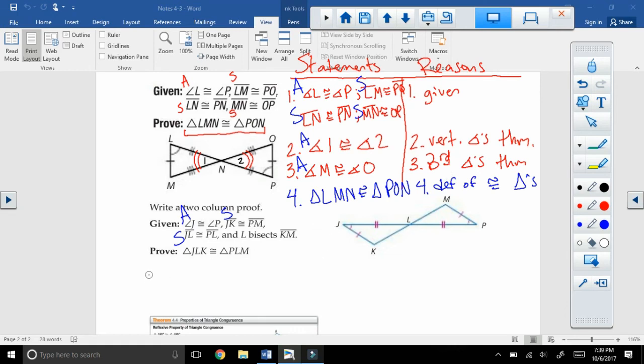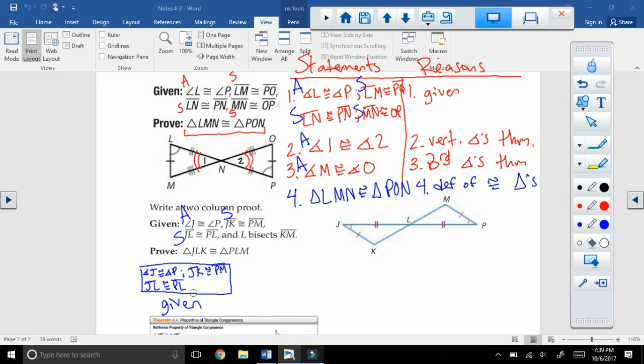So for the flow proof, what you do is you put the statements in boxes and you put the reasons underneath. And then you can draw arrows to show the flow of the proof. So I am going to try to write small enough to squeeze all of this in here. And you can go ahead and copy it down, we have the different sides and the different angles that are congruent. Hopefully you have this paper, and if you want to, just for your notes, go ahead and